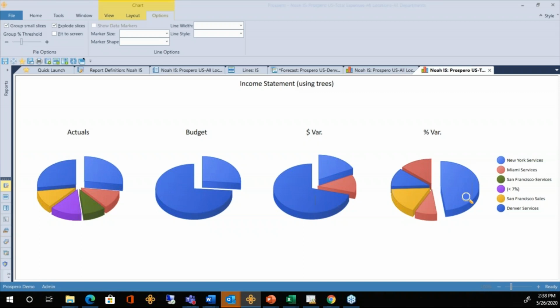So right now I've got anything less than 7% in one tile all by itself. So easy to take that data, summarize it, combine the small pieces so that you can clearly see where all the different balances are coming from. So just one of many ways to analyze that data inside Prospero. Let me close out a few tiles here for us.